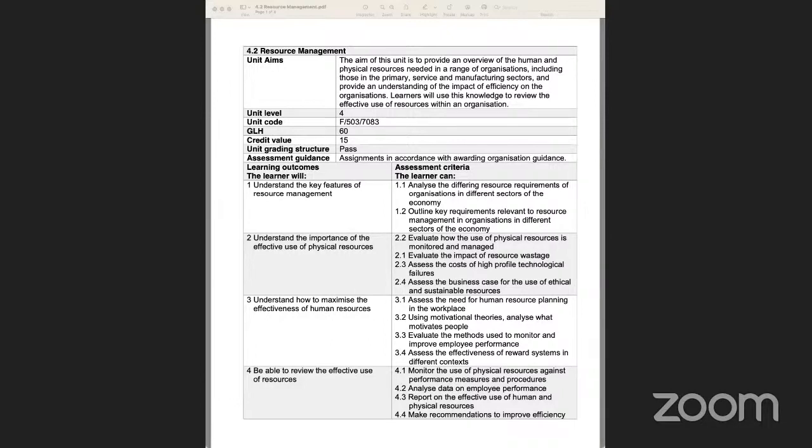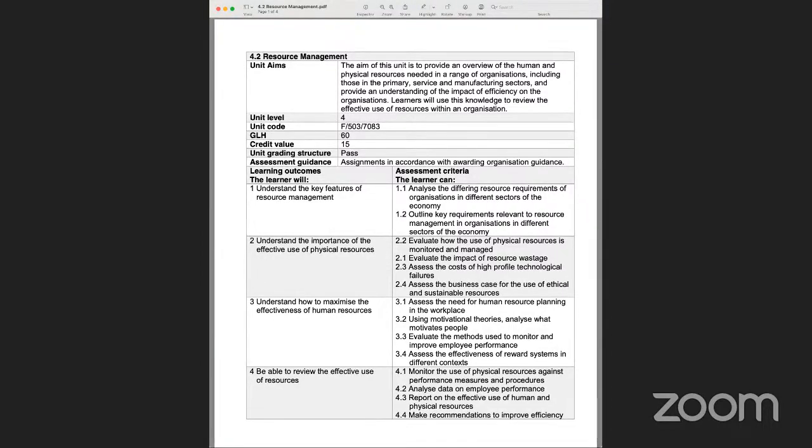Okay, good morning, everyone. So let's make a quick start with regards to the unit that we are discussing, which is resource management. And today we are looking at learning outcome 4, which is the last learning outcome on this particular unit. Now, yesterday, just a quick bit of recap that I want to do is yesterday we covered essentially